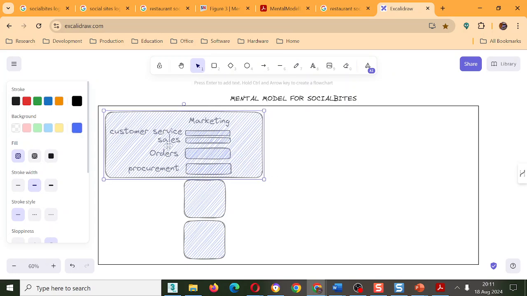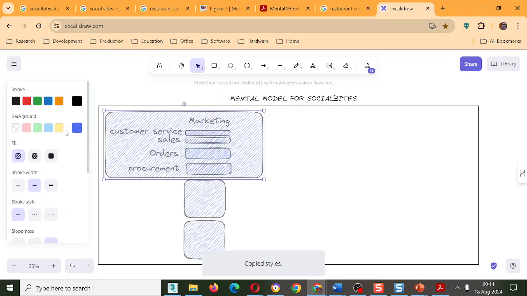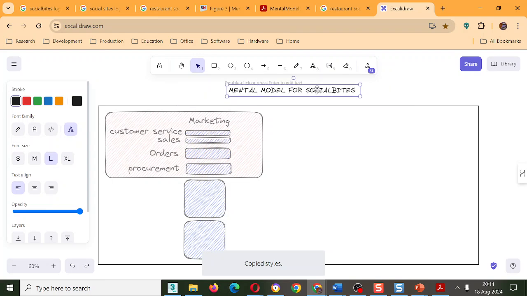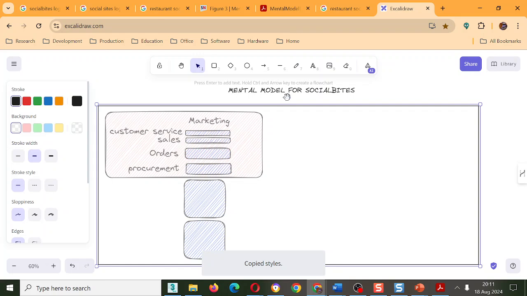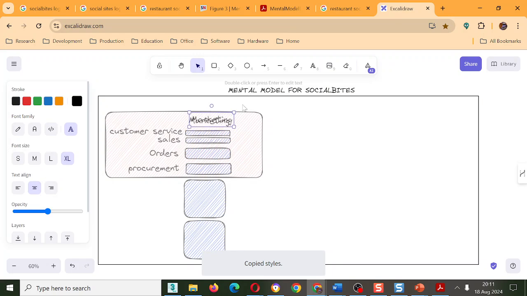So that's the company, and I can push this to the back, and maybe pick a color like pink. You have to label these things, of course. I'll give this a name, restaurant.